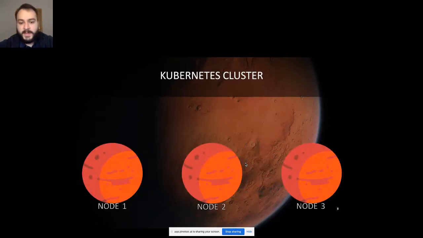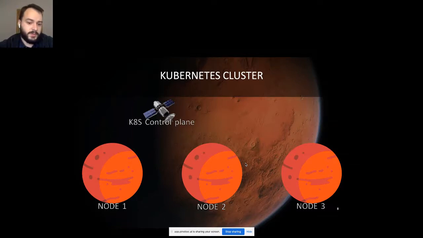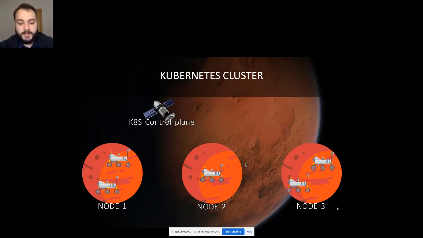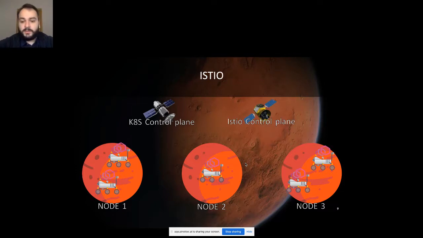First of all, Kubernetes is a cluster orchestration tool, which allows you, using the Kubernetes control plane, to distribute your application across different nodes and to control that it's running in the state that you want. And Istio introduces another level of abstraction by introducing a specific proxy next to each of your applications.